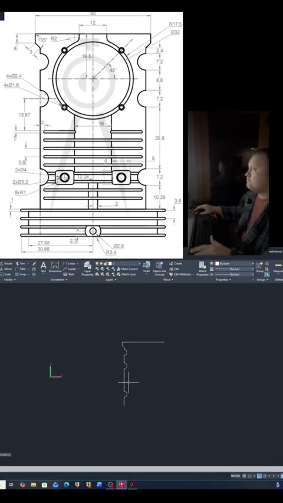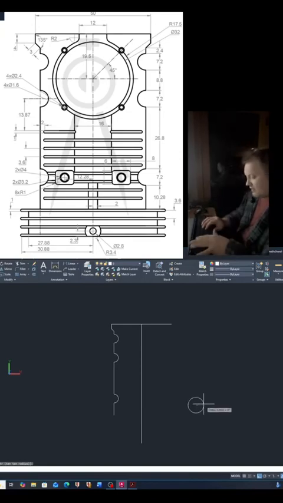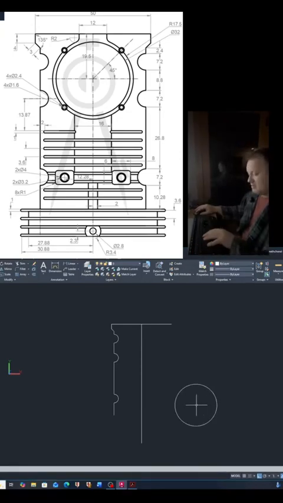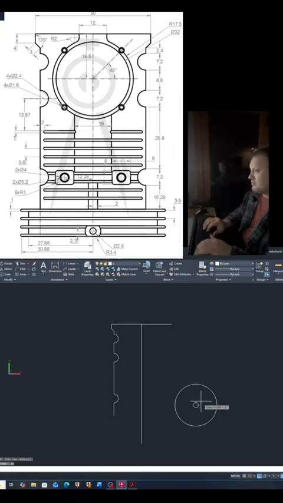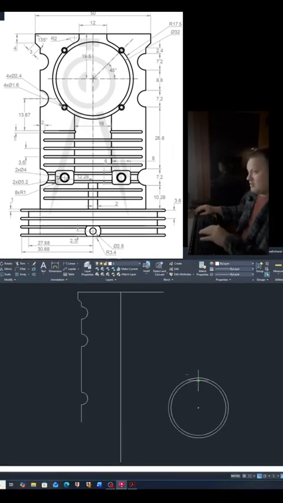That's looking right. We got our line of 50. Let's draw a line down the center of this for the moment. We know that we have a circle that is a radius of 17.5, and then we have a circle that's a diameter of 32. Okay. If we come up, let's rotate this 45,